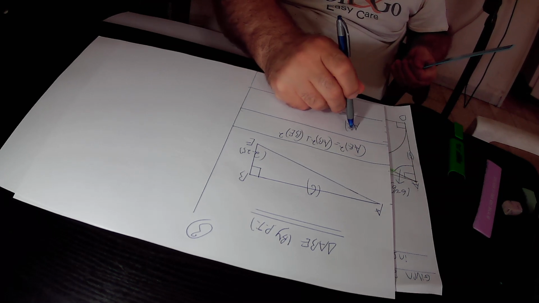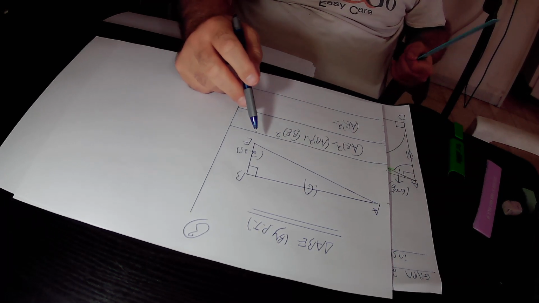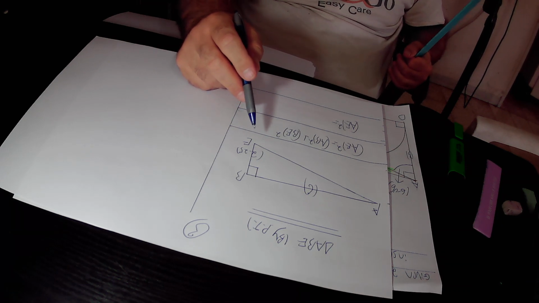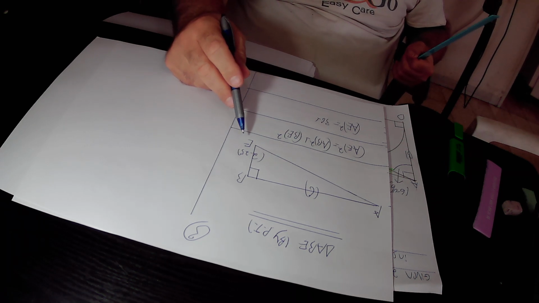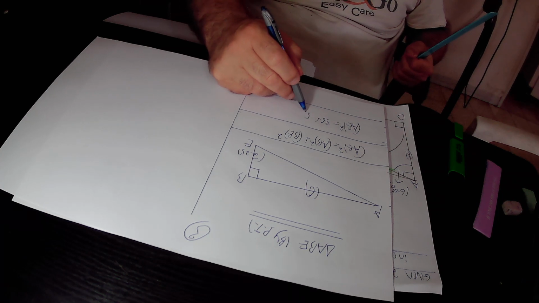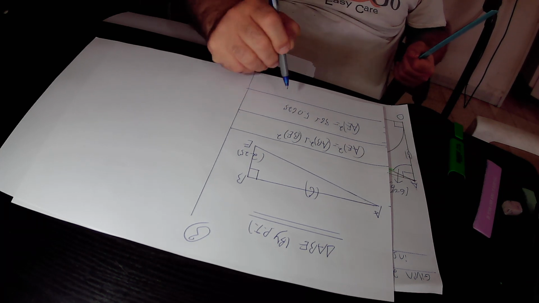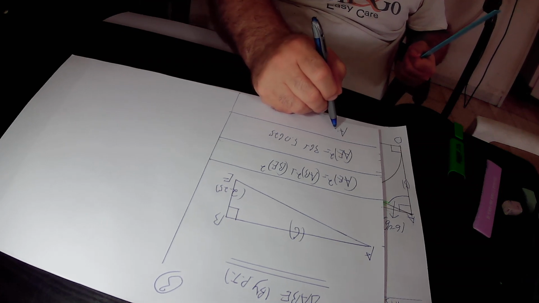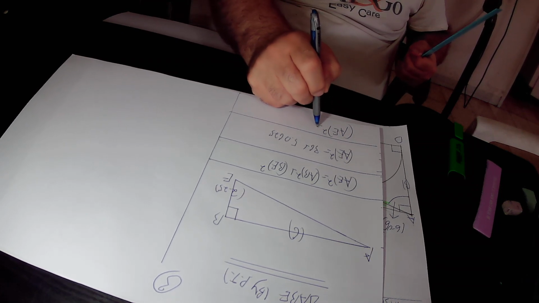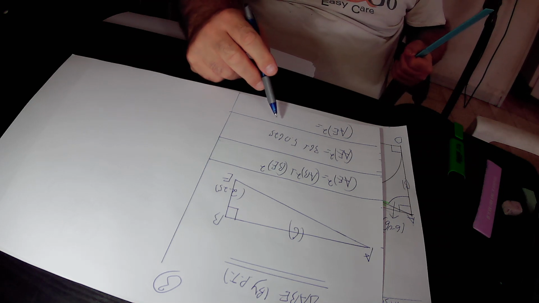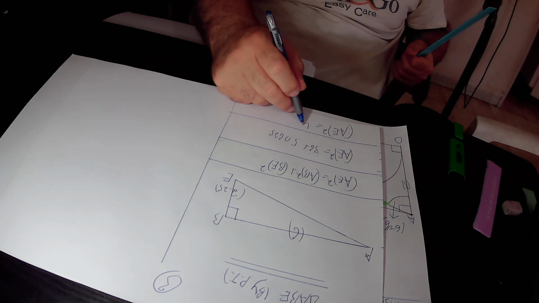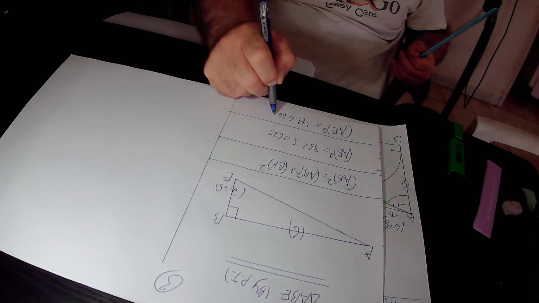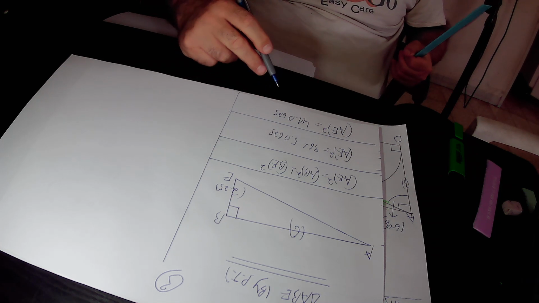AE squared equals AB squared. AB is 6, therefore AB squared is 6 squared, that is 36, plus BE squared. BE is 2.25, therefore BE squared is 2.25 squared, that is actually 5.0625. So in total we found out that AE squared equals 36 plus 5.0625. 36 plus 5.0625 equals 41.0625. So we found out that AE squared equals